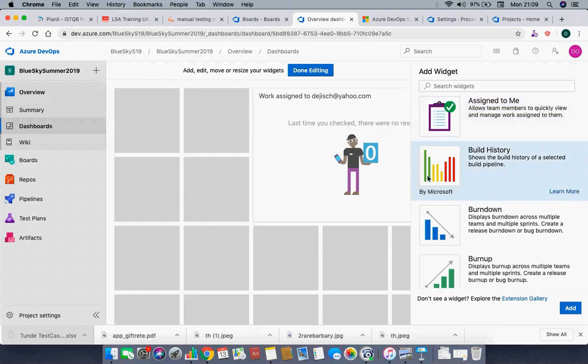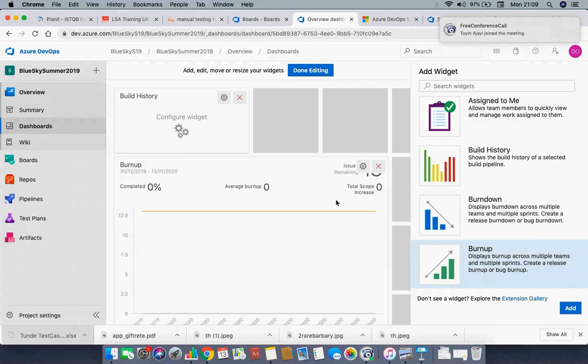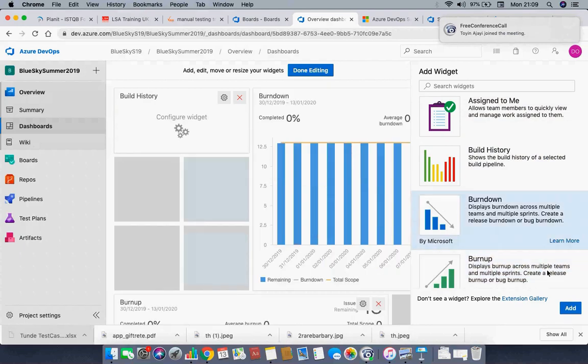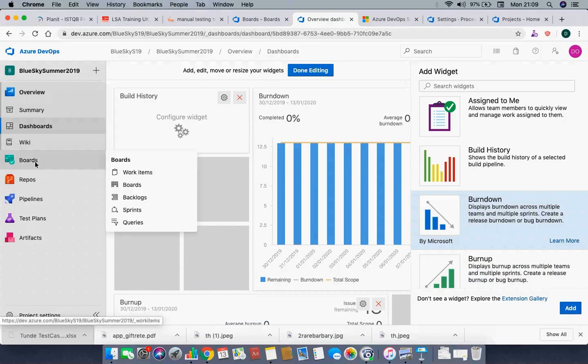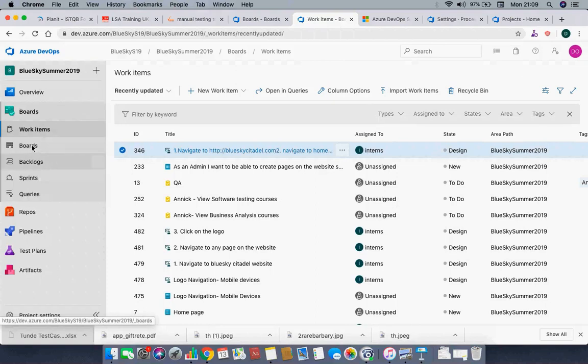So you don't need to do this anyway, but this is basically you configuring your dashboard, and then you click on add. So it shows you different information and metrics. And let's go. The most important part that you're going to be using is going to be on